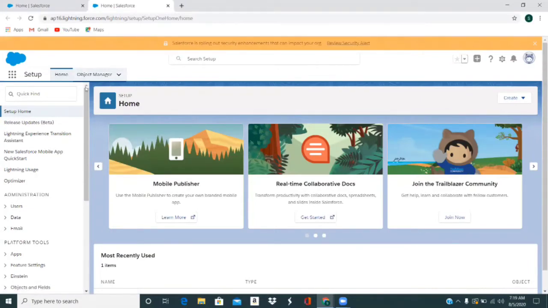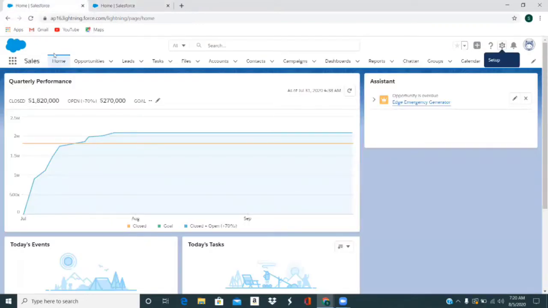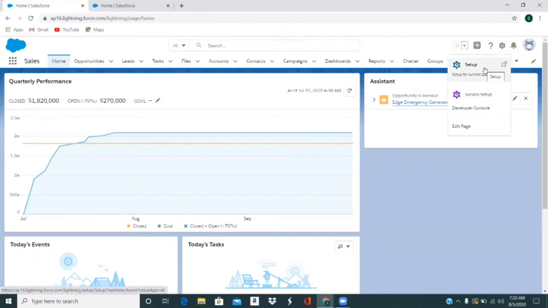After logging in, I have seen this particular page as my default landing page. So you can set this as your default landing page if you're using it frequently. And if you have this as your landing page, you can go ahead and click setup from this gear icon. And just clicking it will open your setup.